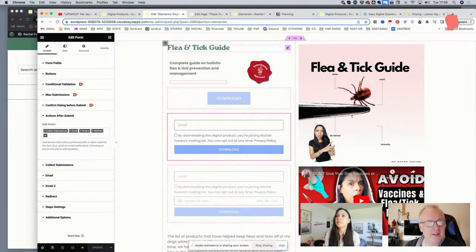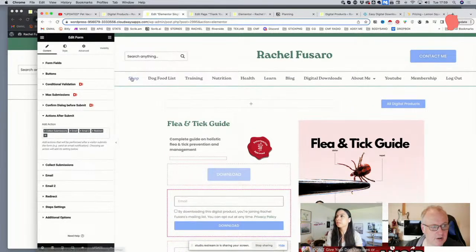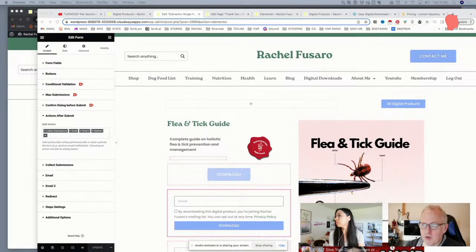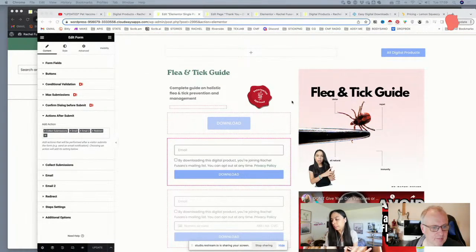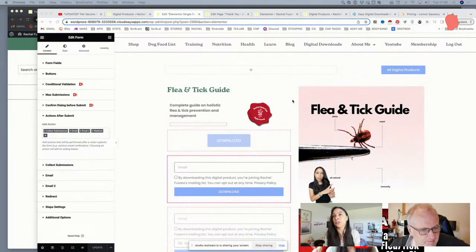So at the moment it's set the way we wanted to do it. I've done the digital downloads. We've revisited the shop page, and actually I don't remember what I had on my checklist. We did the caching in the beginning. I think we did pretty much what we wanted to do. That was the main thing. The only other thing I was going to ask, which maybe could be a teaser for next time, because I know we're almost at an hour,